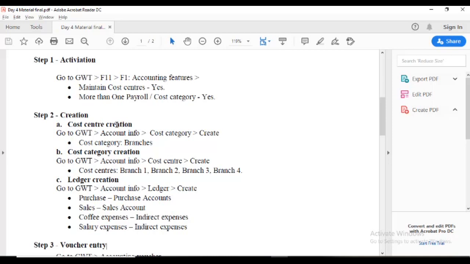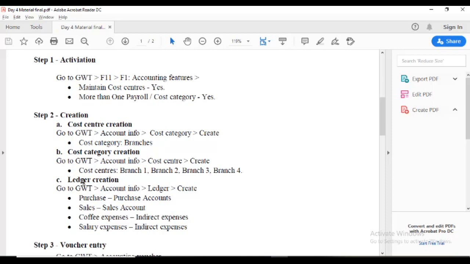Go to Gateway of Tally, accounts info, cost category. First we create the cost category. We create the category name as branches, and then we create the cost centers. The cost centers' names are branch 1, branch 2, branch 3 and branch 4.